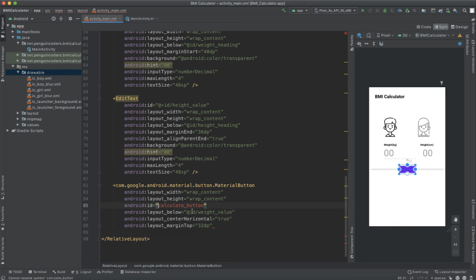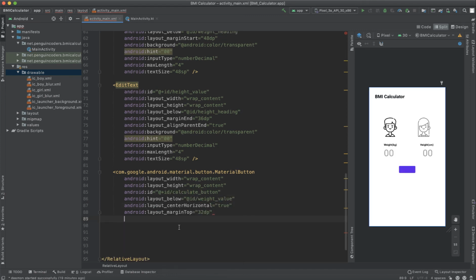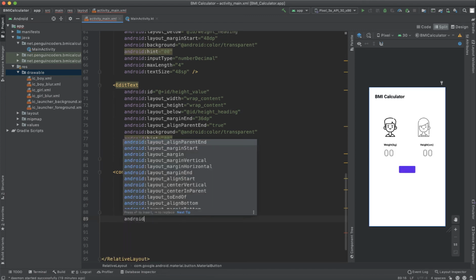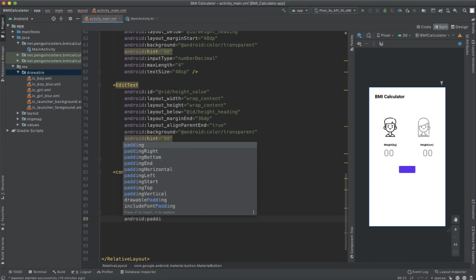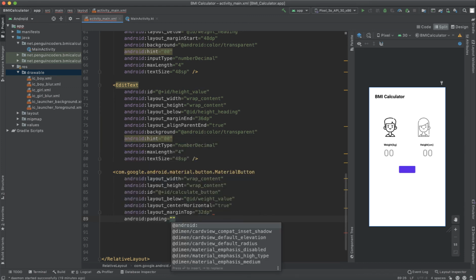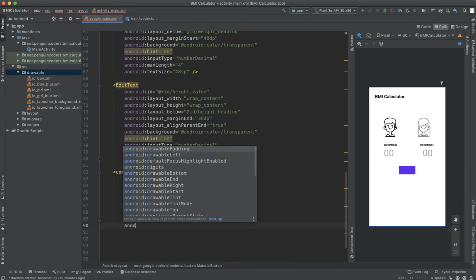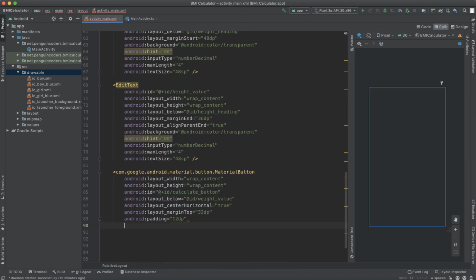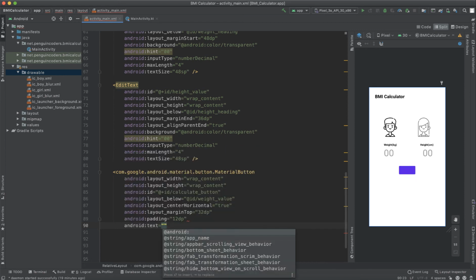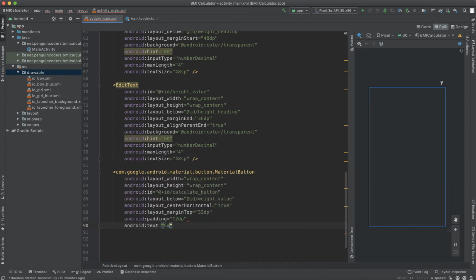Android ID is equal to @+id/. Then after margin top, we will have some padding around that. So Android padding, so the text appears a little bit good. So 12 dp. And then we will add the text here. So Android button text would be Calculate your BMI.